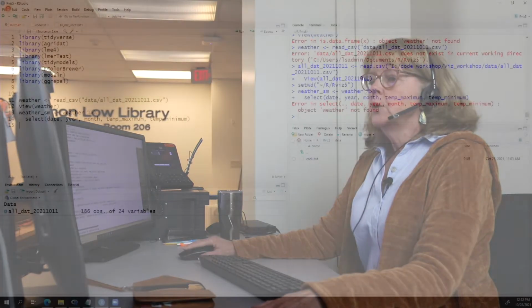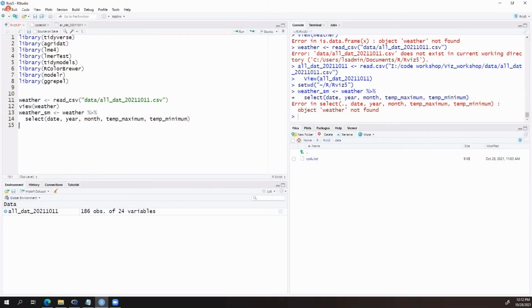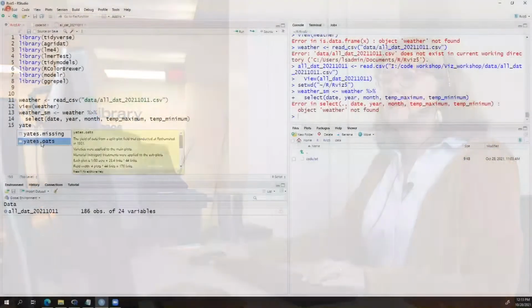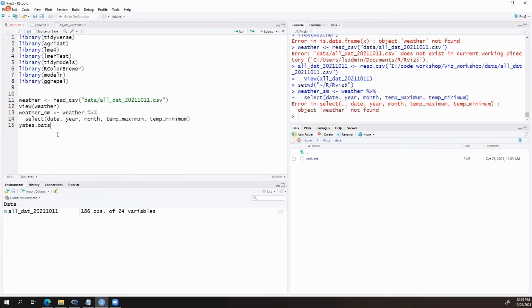Okay, we're going to start with some of the data that Phil used last week for modeling. And if you recall correctly, he used the Yates Oats data. And that is a data set that is already in the agridat package.